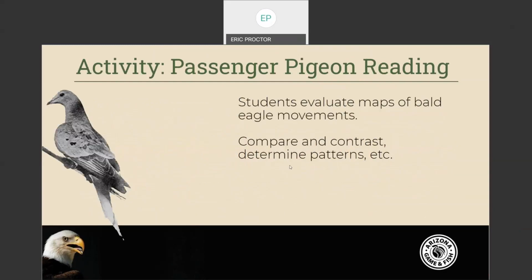Even though we never really had passenger pigeons in Arizona, there are important lessons we can learn from these now extinct birds. As such, we have created a reading activity that can be implemented in your classroom or home. And this actually is wrong. I haven't finished the slide. But in this case, your students are given 2 essays by famous biologists. These were actually speeches. They're essay versions of the speeches that these biologists gave.